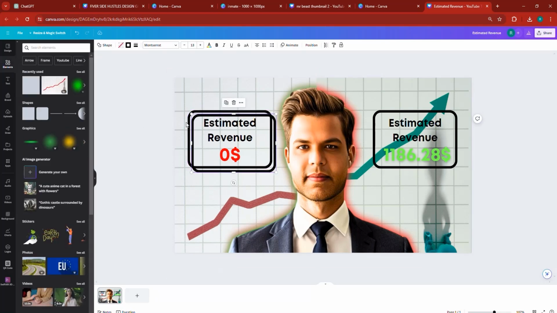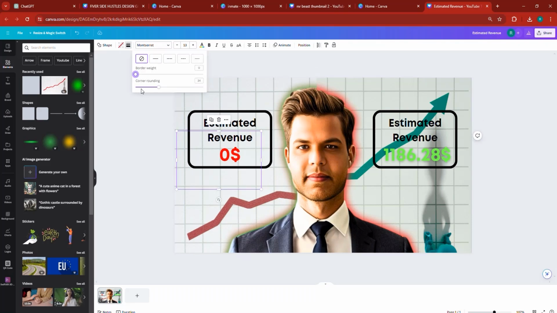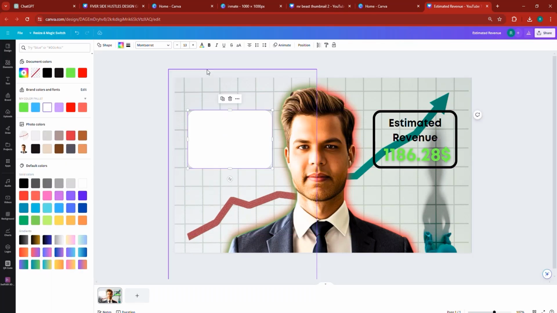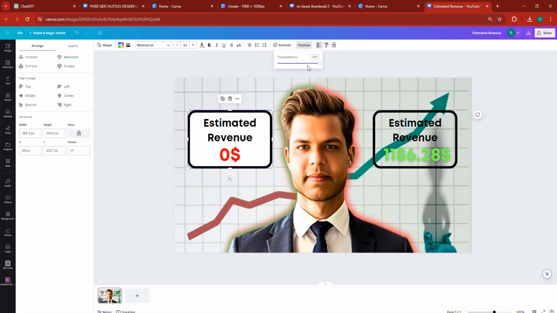You can duplicate it. It's the same shape now, except you can remove the border weight, keep the corner rounding, and as far as the color is concerned, you can make it white and place it here, except position it backwards, backwards, backwards. Then you can click on the transparency option and reduce it just a tiny bit, and then duplicate that, and then place another one here,